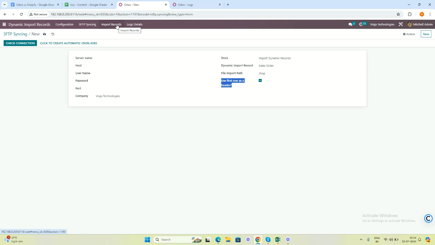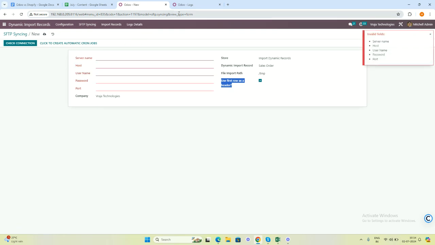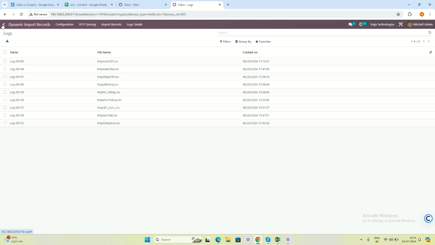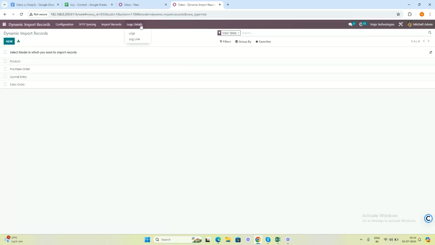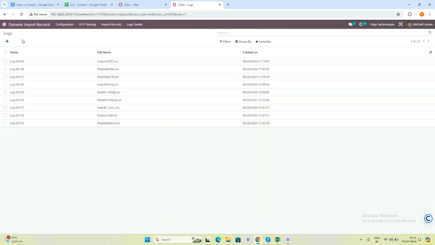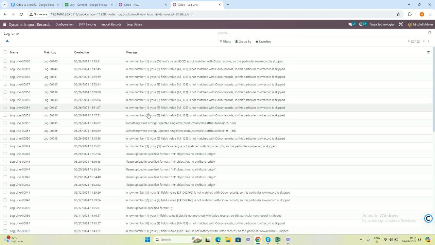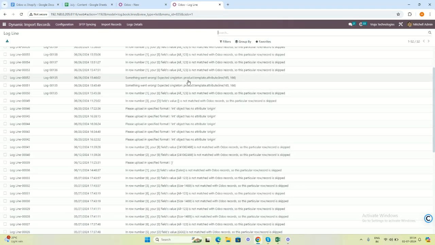Once you have imported all these files, you will see them in your sales order, where you will see the imports of the information that you have mentioned in your CSV files. And the other thing is log details. So if you have run any faulty process, it is over here. So this is the log details. If you have run any faulty process while you are importing anything, you will see those logs over here, which will also help you to know that something has gone wrong in the process. So this will also help you while you are running the process.